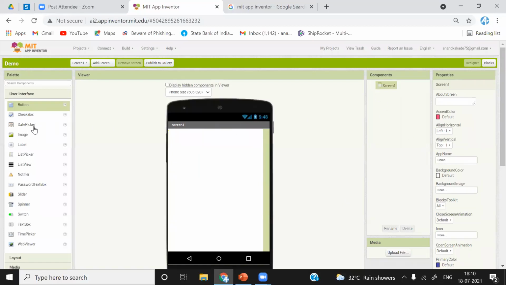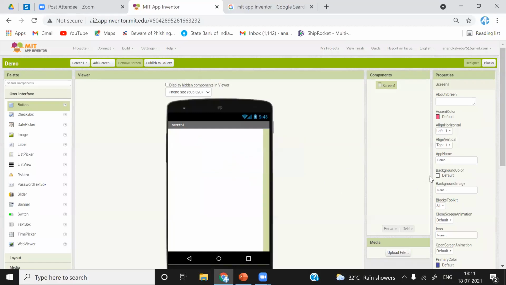Whenever you add any component in your application, meaning dragging and dropping it onto the screen, the component will appear here. Suppose there are multiple screens in our application. The components you drag under Screen2 will appear under Screen2. Later we will see that also.